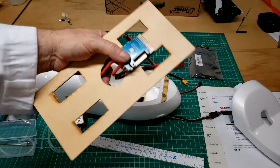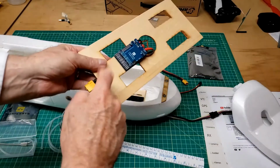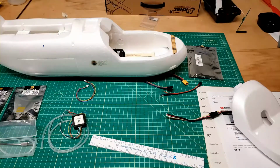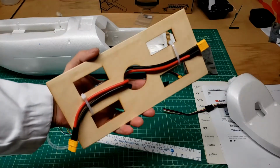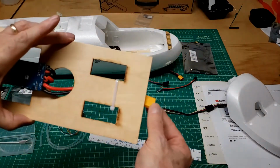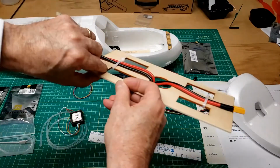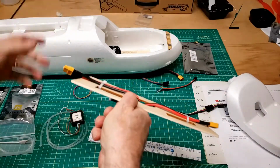Let's see if I can get this inside the plane real quick. The trick here is keeping this connector up from catching on anything right now. Cheated. I just wrapped them up to the bottom of the board real quick, which I considered doing in the build, but I didn't think the front one came out far enough in the front to be plugging in and out of battery easily, and I felt like the back one needed the excess room and be able to kind of curl forward a little bit and then come back because of the excess